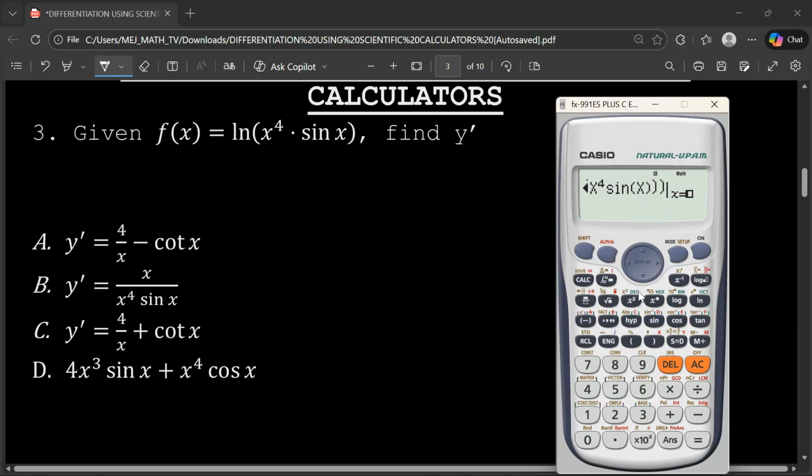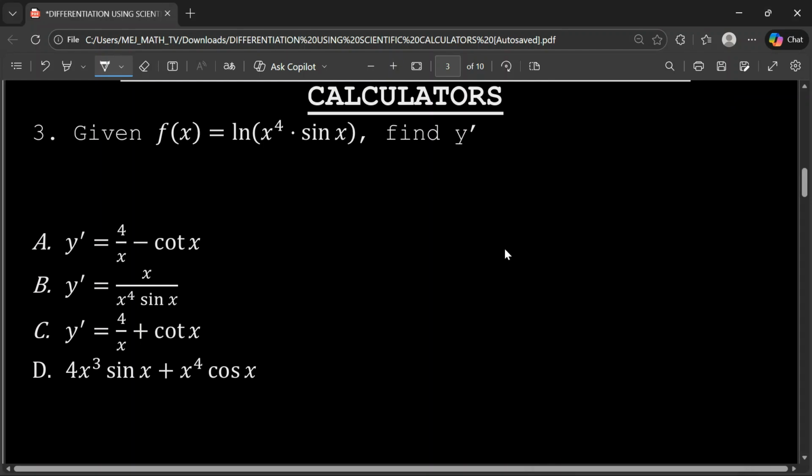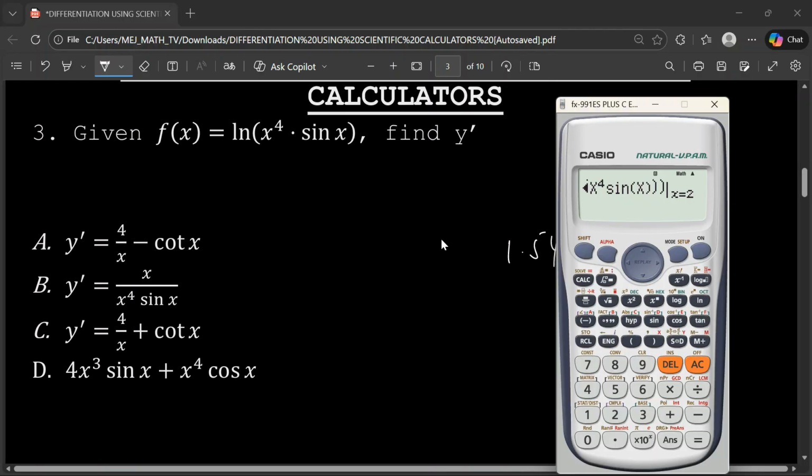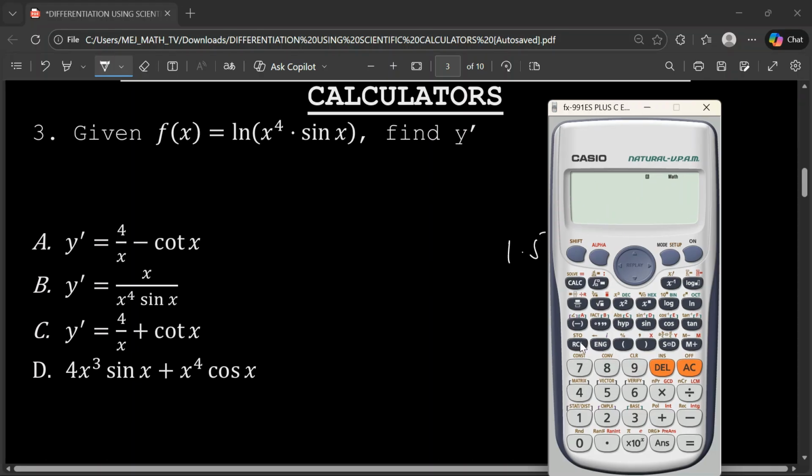And so we are going to have the specific point to be 2. Still, it's going to be 2. You can change it, but it must be part of the domain. We press on equal to, and the answer is 1.54. And so we are still going to evaluate these options at the point 2, since we have used 2 as a specific point. So testing option A, we are going to have 4 on alpha x